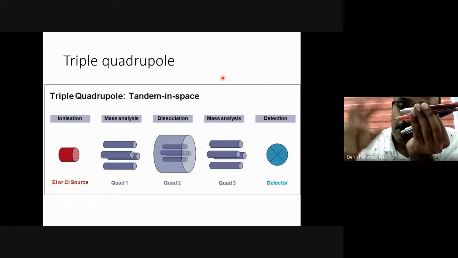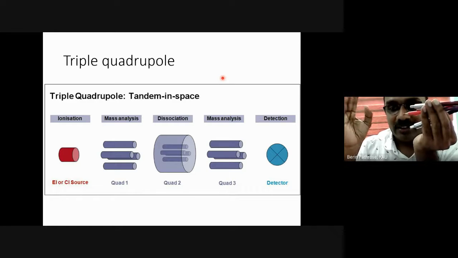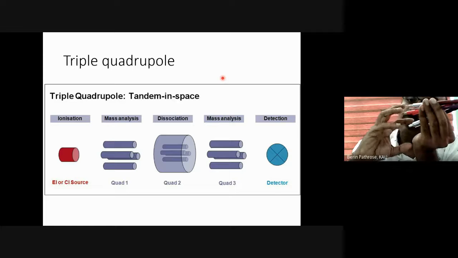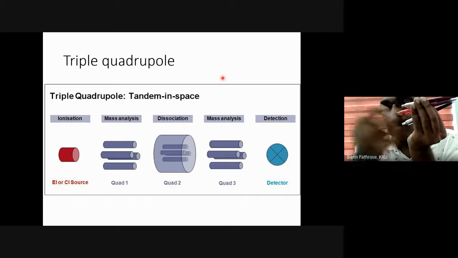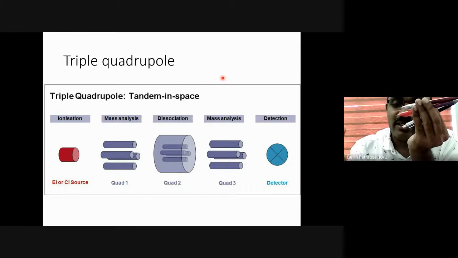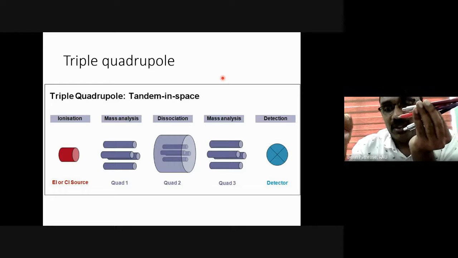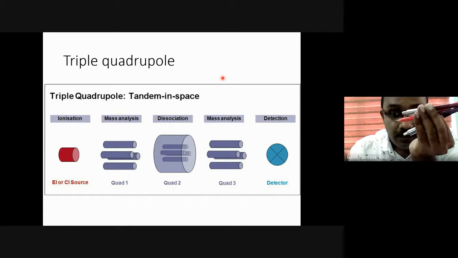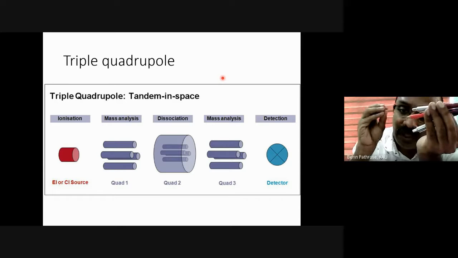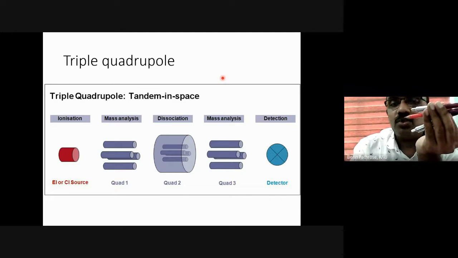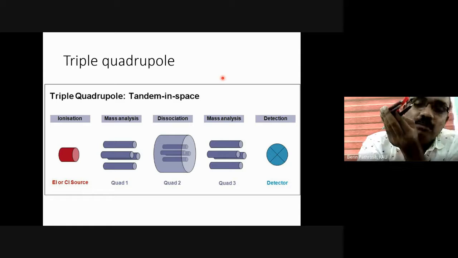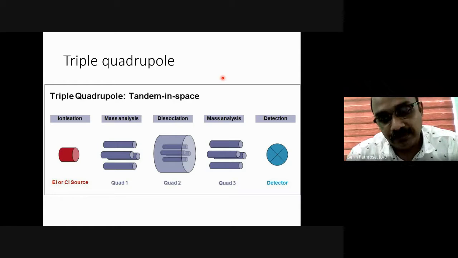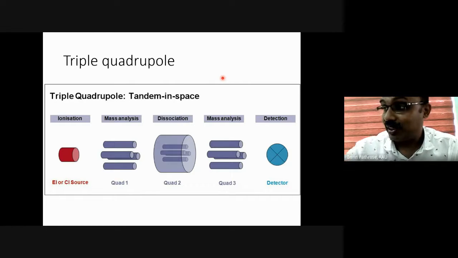But if you have a high molecular weight compound, then its deflection will be very low. Then we have to give a very high voltage for it to get deflected onto the quadrupole and get lost. So we can adjust the voltage depending upon the mass of the compound. That is why I call it mass by charge ratio. At a particular mass by charge ratio, only the compound with that mass by charge ratio will pass through the quadrupole. Is it clear? I don't know how much I have explained it.